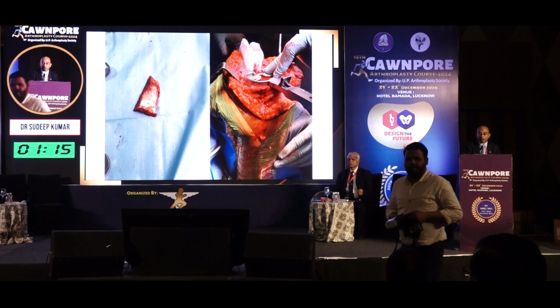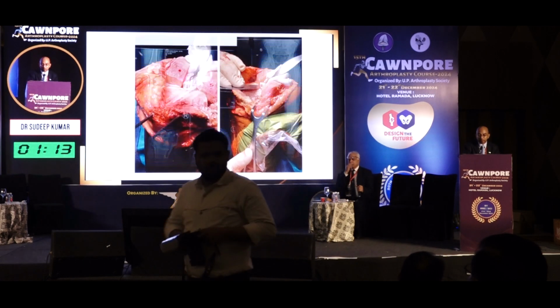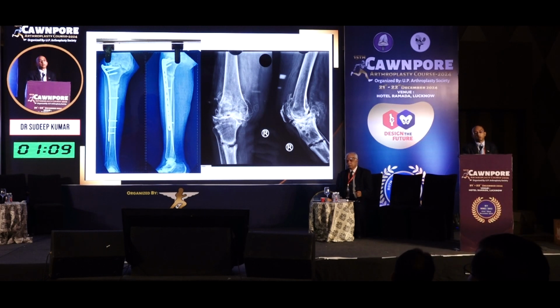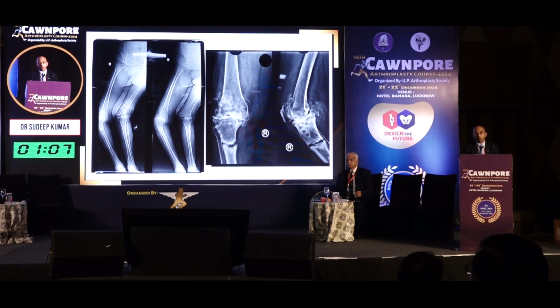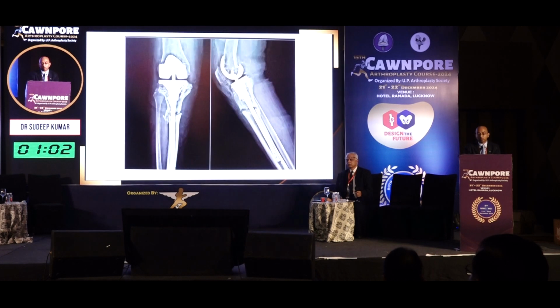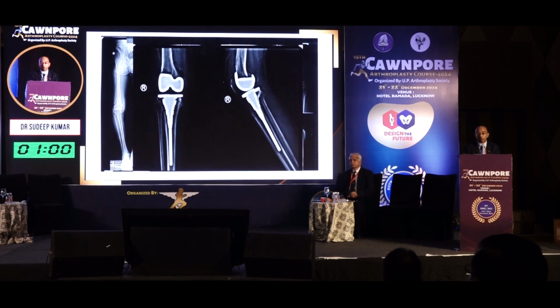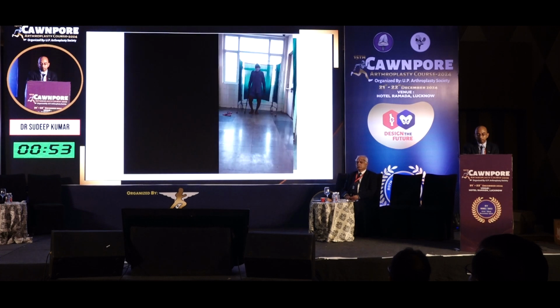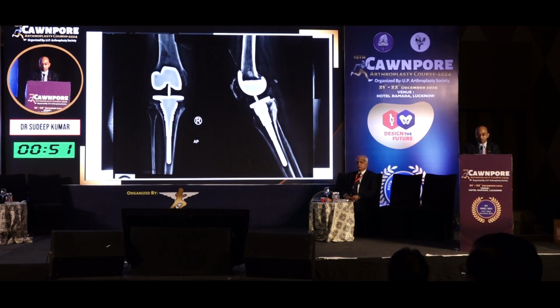But then there are scenarios, I'll skip all these slides. So these are some of the scenarios where the defect is too much, and then you have to use a cone or an augment. These are cemented cones. Then you have to use rod and cones. These are uncemented sleeves that can be used in a defect like this. And then you have to use some kind of constrained poly as well, and a constrained implant, TC3 type